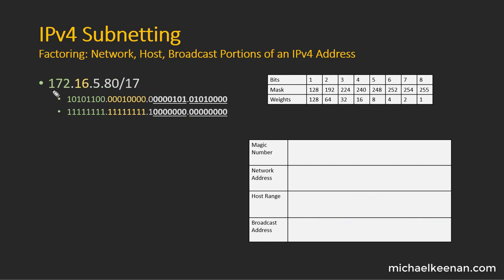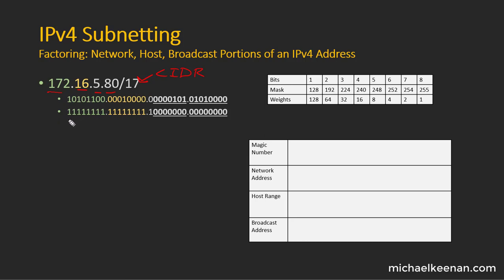Alright, so the next one that we have here is 172.16.5.80, and we've written out this subnet mask a little differently. This is what's called CIDR notation, classless interdomain routing, and all that means is that it's just a shorthand notation of writing out the subnet mask. So instead of writing out 255.255.255 like that, what we're doing is we're just saying that there are 17 bits that are on in the